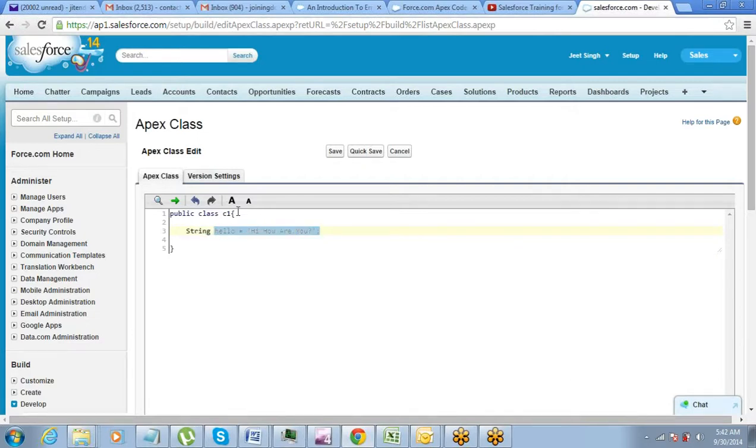I want to call this string, or I want to use the string on my Visualforce page. So I cannot call a variable directly on the page. I have to define a method, because on the page you can only call a method, right? That method can return something. So I will write a method with a return type string. So that will be a get method. A getter method is what it is called. So a get method can get you the value from the code. Okay. So I would write